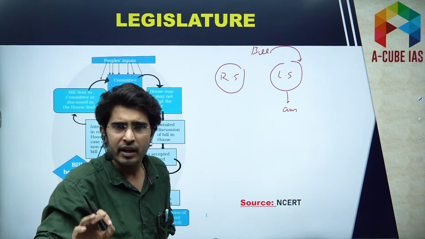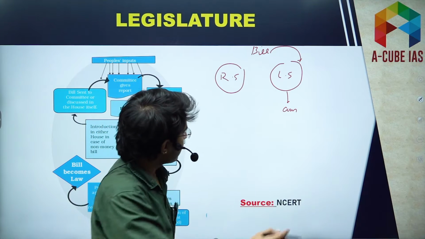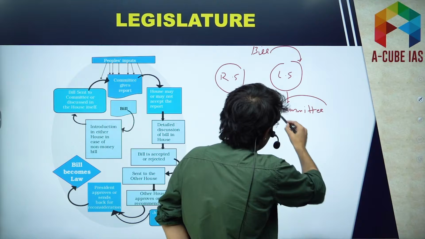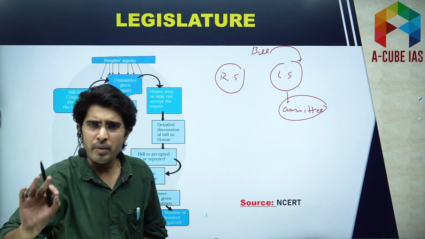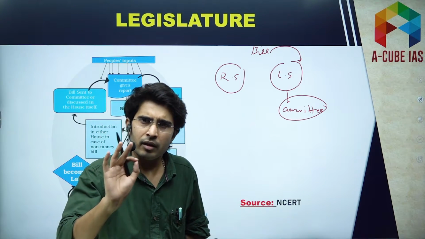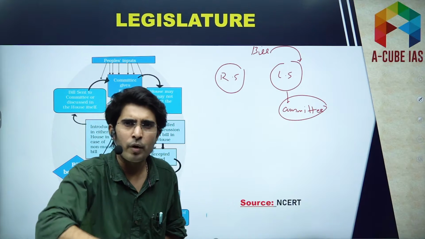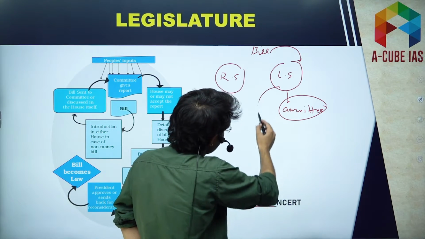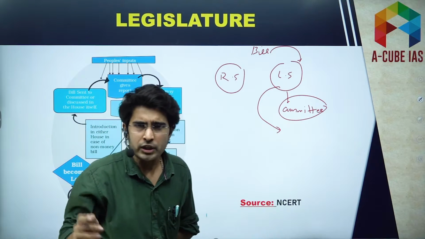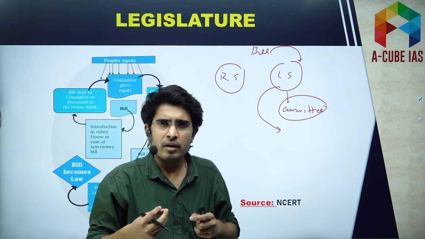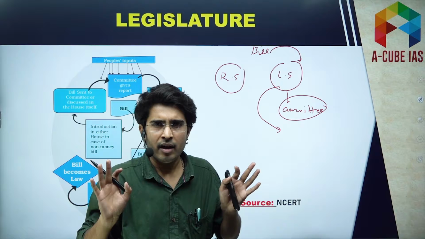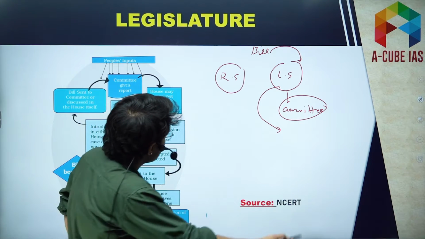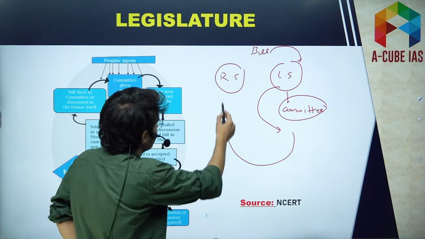For the in-depth analysis. And this analysis will be done by a particular committee. Now, this committee will submit the report and Lok Sabha will decide whether they are going to accept or reject. In case it is accepted, then Lok Sabha will conduct the detailed discussion, and after that discussion, that bill will be passed, and this bill will go to Rajya Sabha.